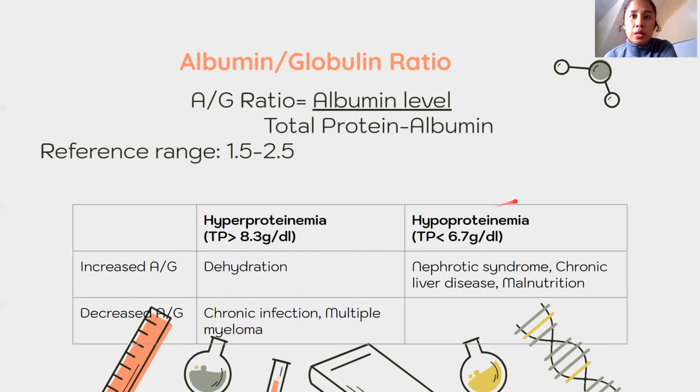Yan. Next, class. So, pag hypoproteinemia naman at increased ang AG ratio, most probably it could point to kidney disease, liver disease, and malnutrition. Of course, class, your AG ratio and your total protein, guys, are only a guide for diagnosis. Since kidney naman ang hanap natin, we could use urinalysis, we could use other kidney profile tests. Yan. So, this is just a good guide for the clinicians or for differential diagnosis.